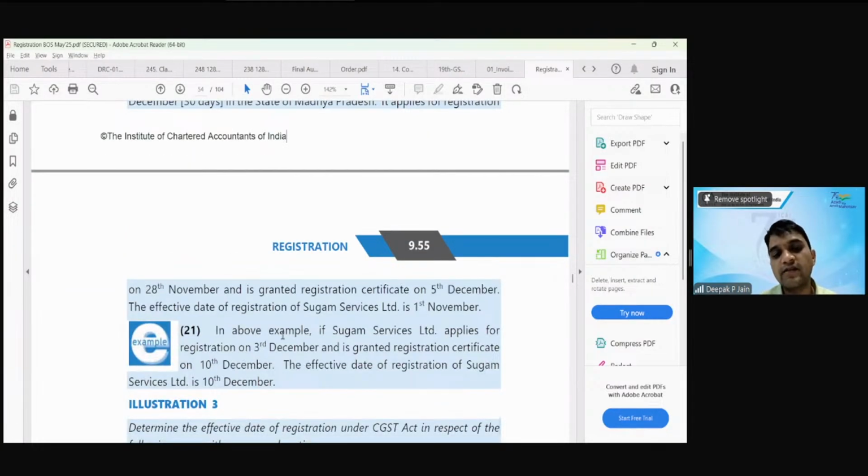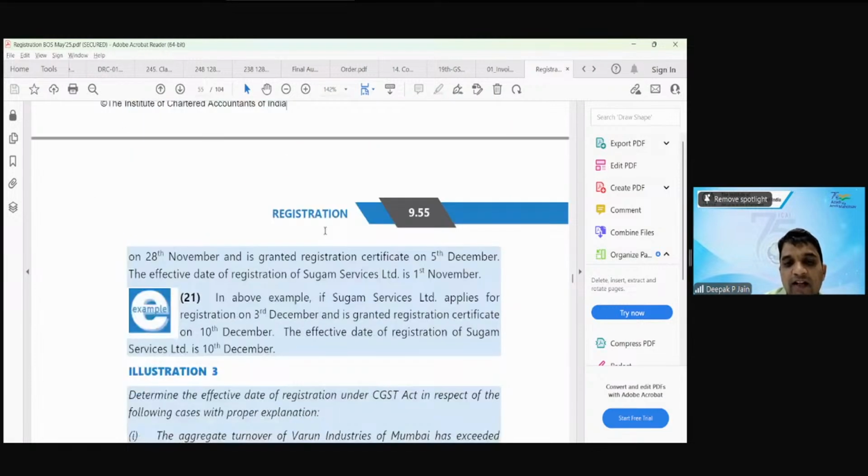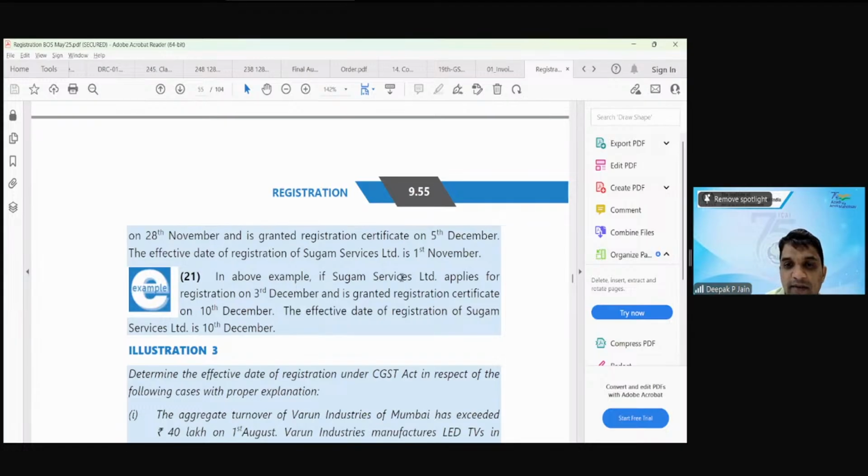ओके सर, क्लियर सर। और सेकेंड केस में बताया गया है कि उसने रजिस्ट्रेशन कब तक करना था? नहीं नहीं, फर्स्ट केस में पूरे फैक्ट्स करेक्ट हैं कि उसका लायबिलिटी 1 नवंबर को क्रॉस हो गया है, तो उसको कब तक रजिस्ट्रेशन अप्लाई करना चाहिए था, कौन से डेट तक? इन द अबव एग्जाम्पल, ही इज एक्सीडेड 20 लाख ऑन कौन से डेट? सर, 1 नवंबर। 1 नवंबर को एक्सीड किया, तो अप्लाई कब तक करना था? सर 1 दिसंबर। ठीक है, 1 दिसंबर याद रखिए। तो 1 दिसंबर तक अप्लाई करना था, लेकिन सुगम सर्विसेज लिमिटेड ने अप्लाई कब किया? 3 दिसंबर को, मतलब 30 दिन क्रॉस हो गया। करेक्ट।